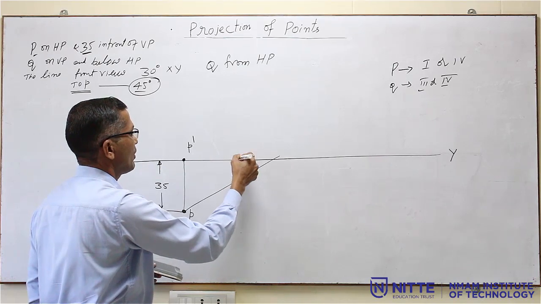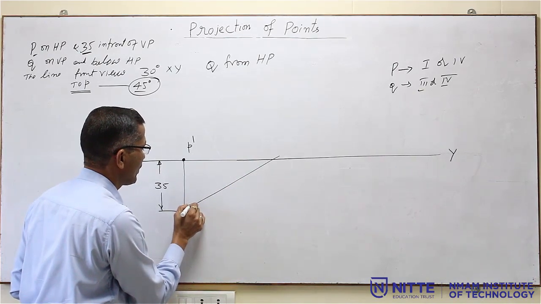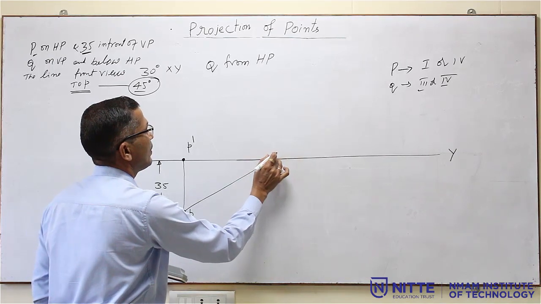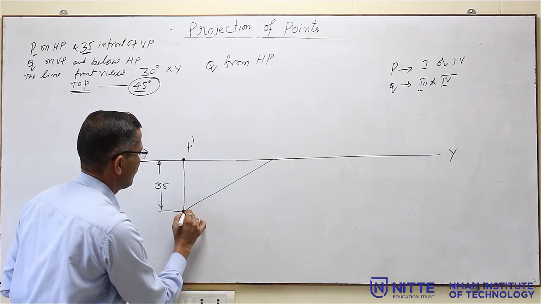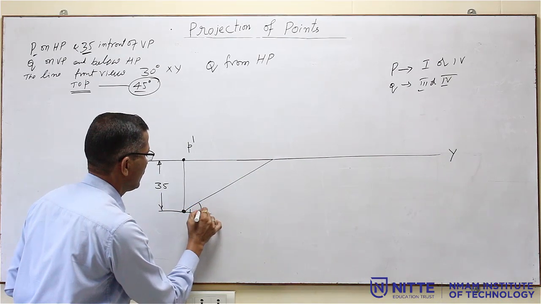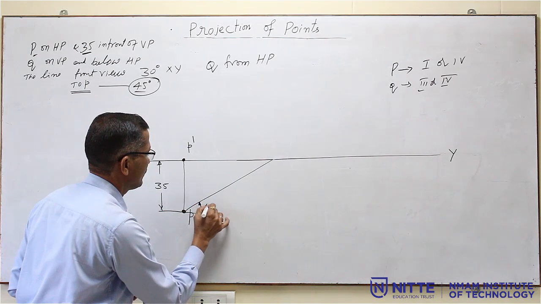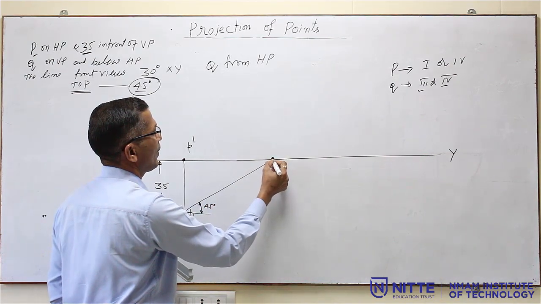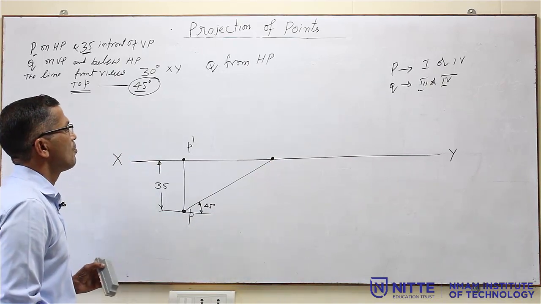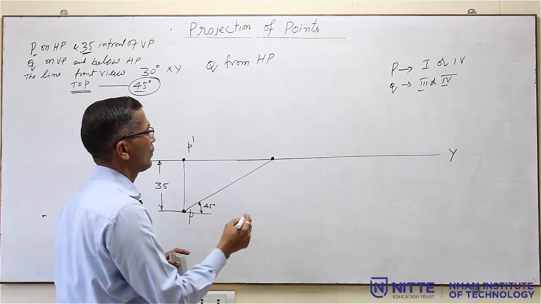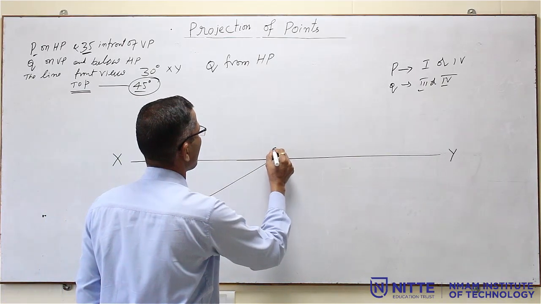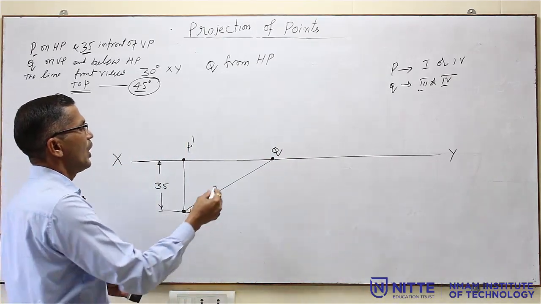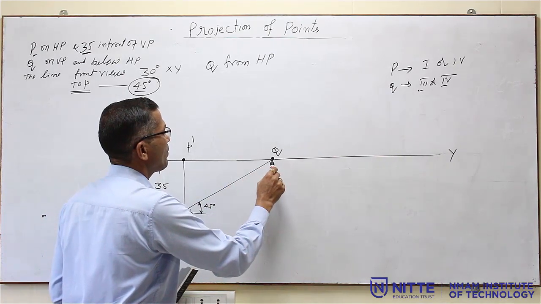incline at an angle of 45 degree. So, this angle will be 45 degree, or this angle will be 45 degree. So, this is 45 degree, and it will intersect the xy line. So, call this as point Q. Point Q. Now, you drop a vertical line,